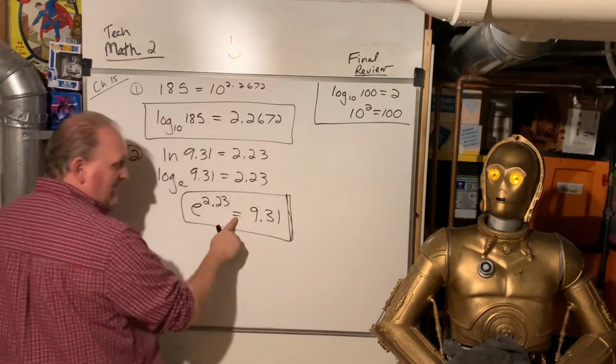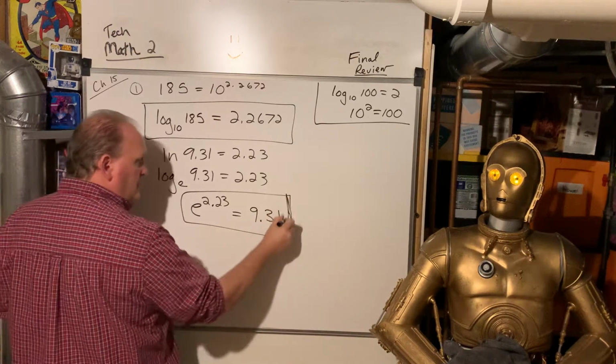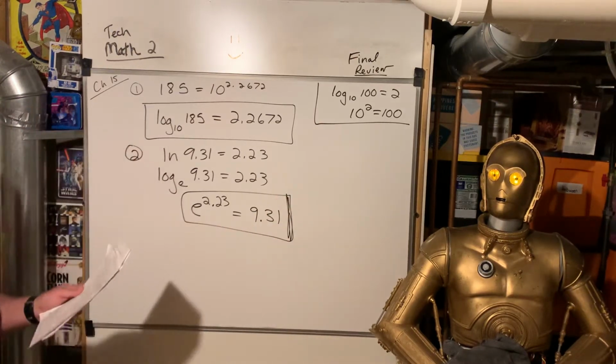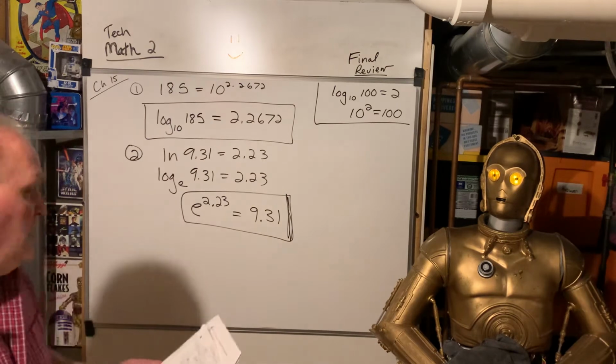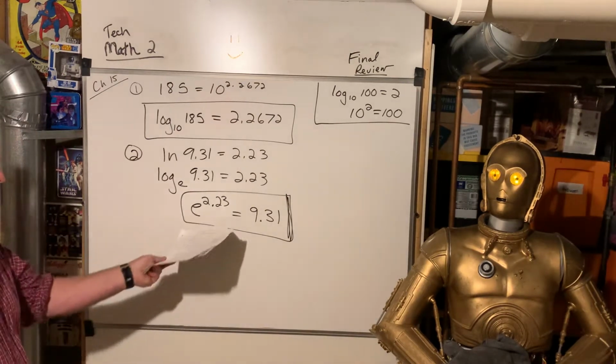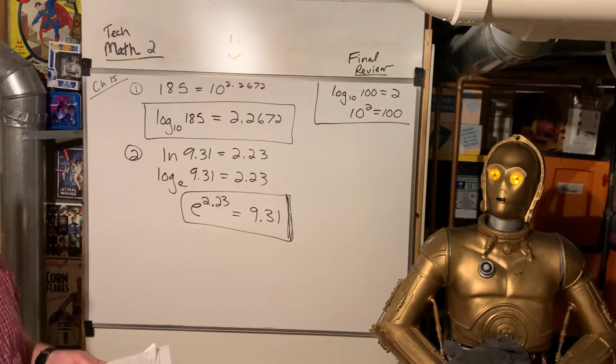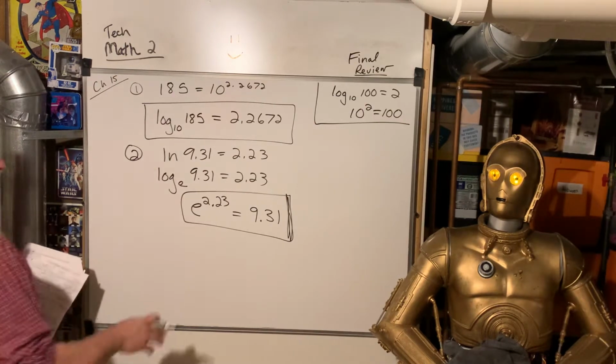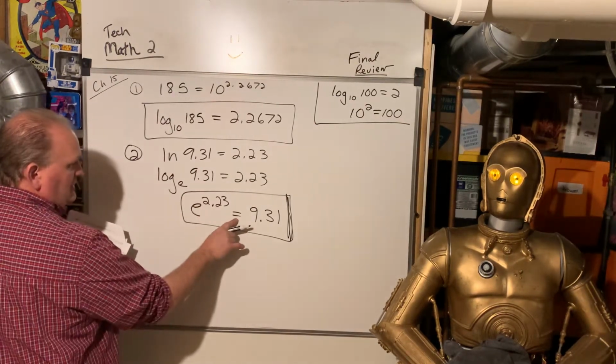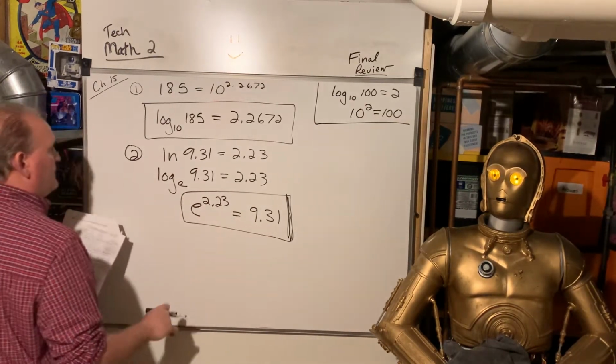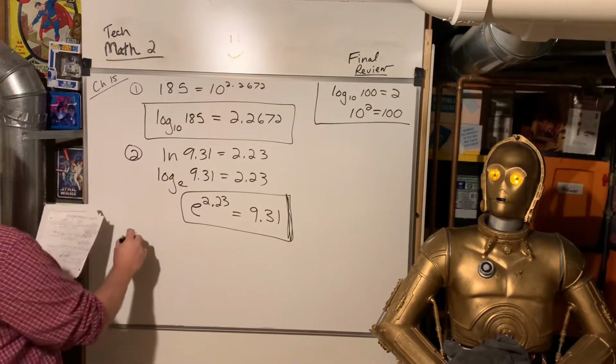And you have to have that equals 9.31 on there. So make sure to write the equation. Lots of people just say, give me e to the 2.23, and then they lose a couple of points. I don't want you to lose points on it. Make sure you write the equation, which means equals, and then the number also. All right, number 3